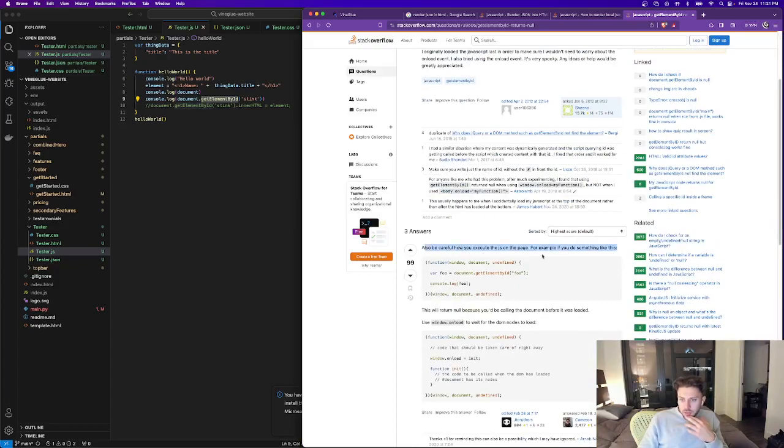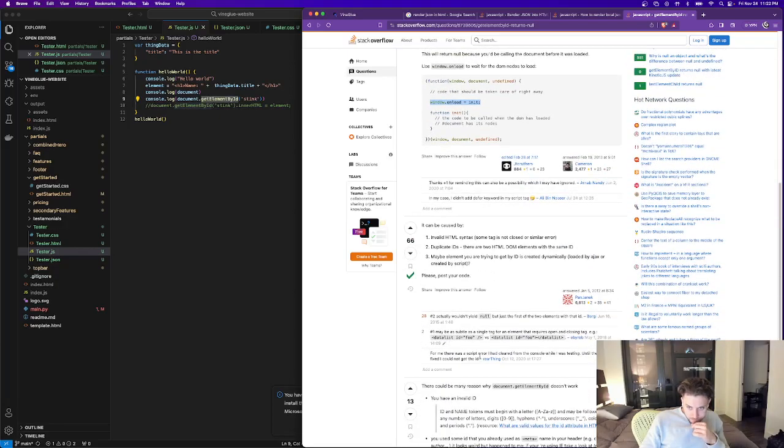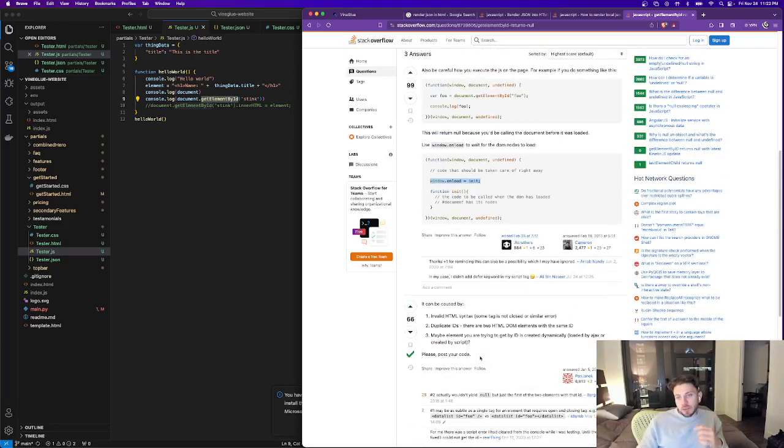Be careful how you execute JSON's page. So the DOM hasn't loaded, so we need to